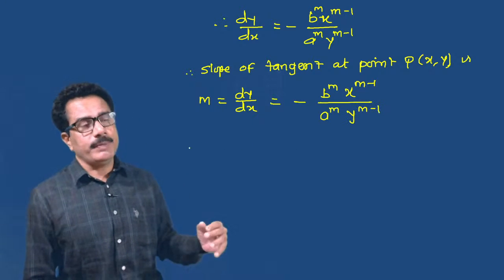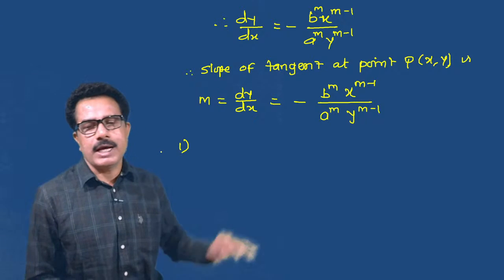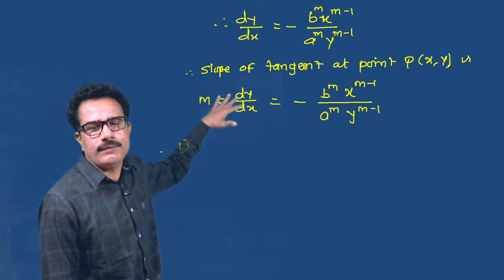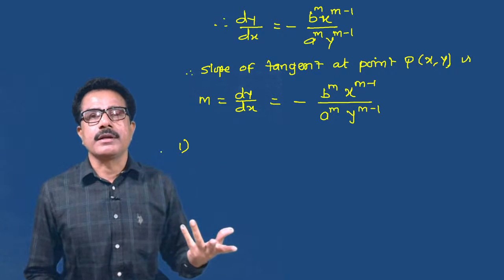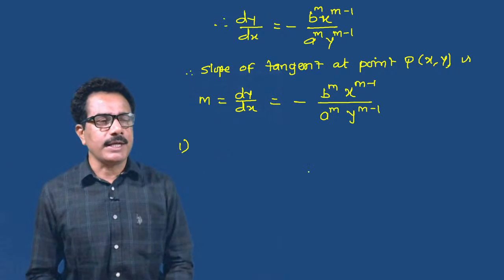Now आपको पता है नंबर 1, देन वी हैव टू कैलकुलेट, अगर आपके पास स्लोप है टेंजेंट, if you have a slope of a tangent,